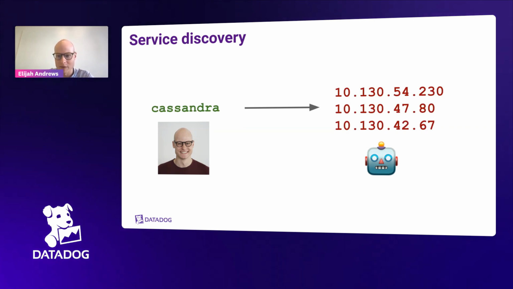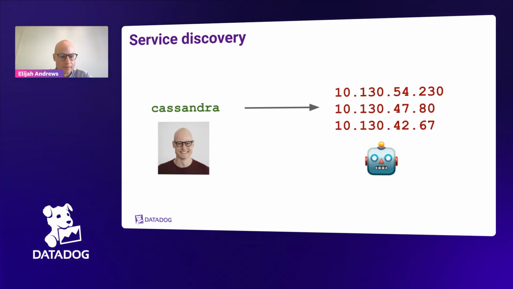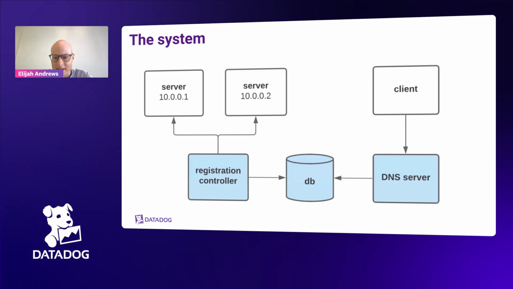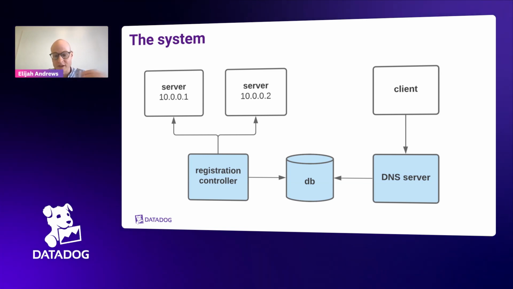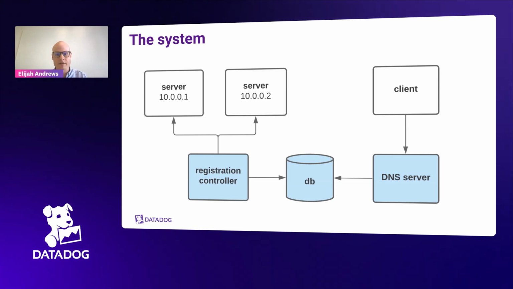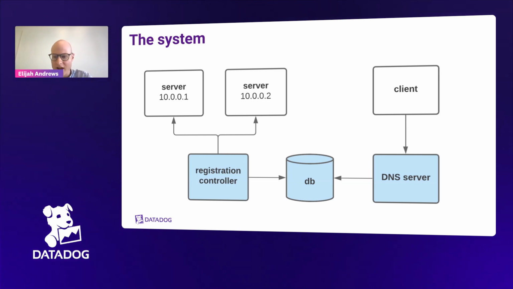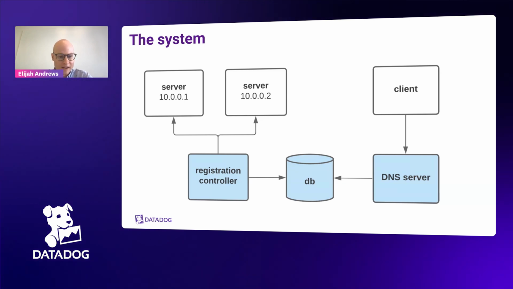And so to perform that mapping, people call this problem service discovery, and usually they build software systems that can do this lookup. The system that we designed does exactly this. It maps service names to IP addresses, right? The design that we came up with is we have a central database and we put service names in there and then we store IP addresses. We have a registration controller that talks to our runtime and scheduling engine and figures out what instances of that service are actually running and takes those IP addresses and puts them in the database. And then we have a DNS server that sits in front of that database and answers questions to clients so that they can do that mapping.